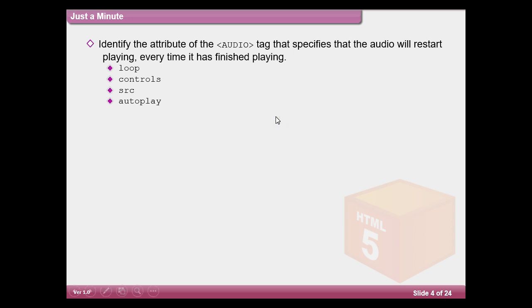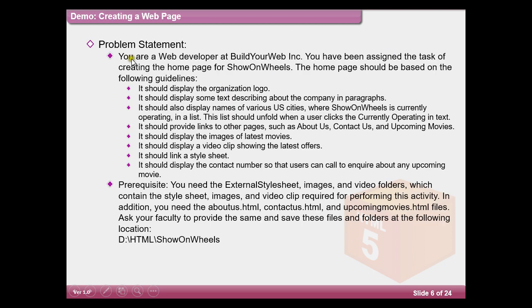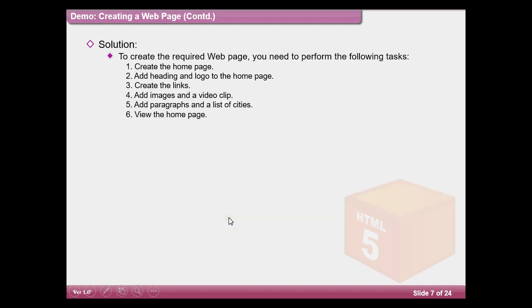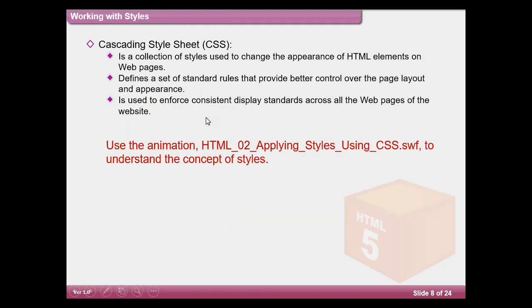All right. So the question is, identify the attribute of the audio tag that specifies the audio will restart playing. We know that's loop. So the problem statement is there, and the solution is there. Create a home page, create a heading. You already know this; you created a much better